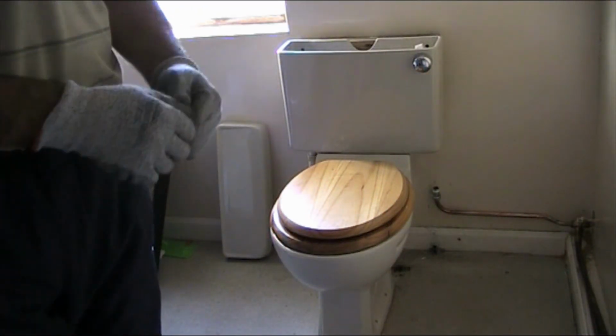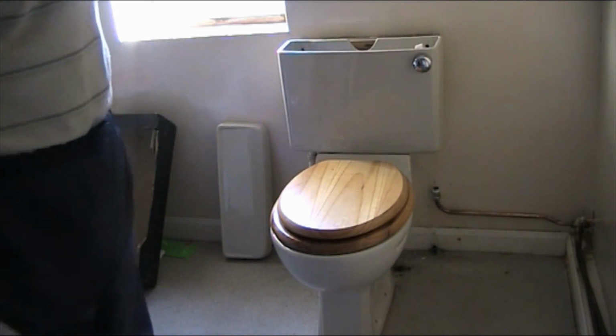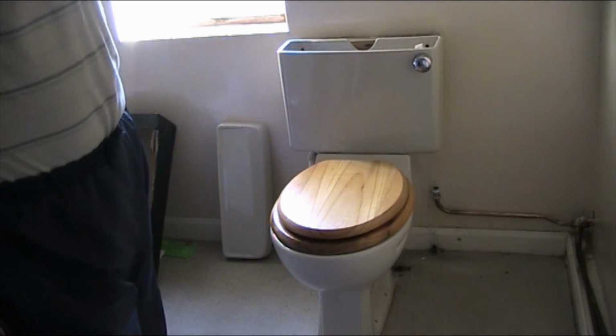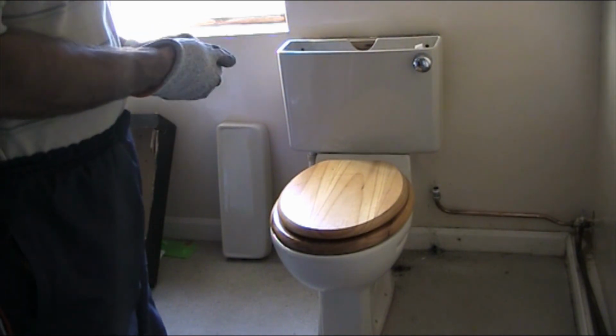That's it. It's done. Next is connecting the pipe and trying it and then adjusting the flush. And as I said, everything else is